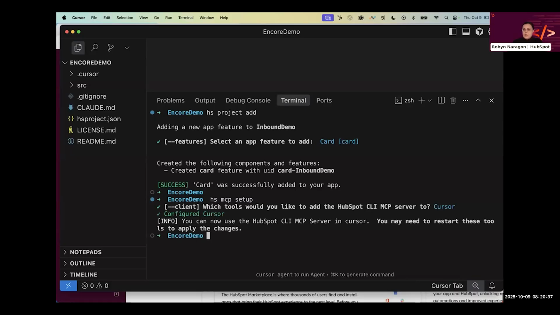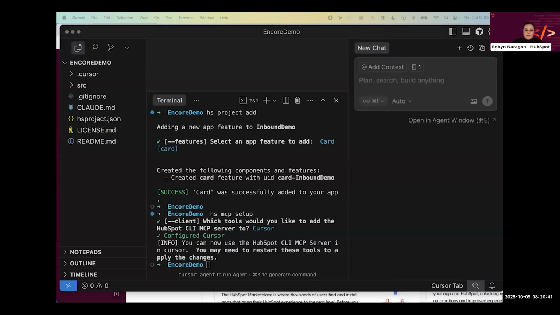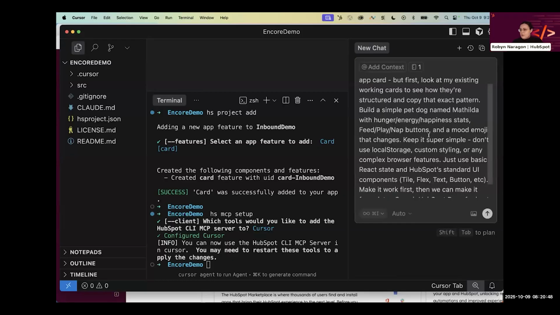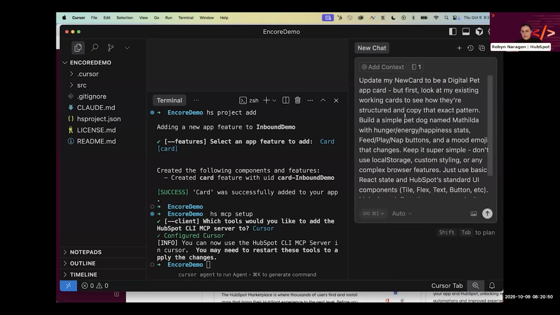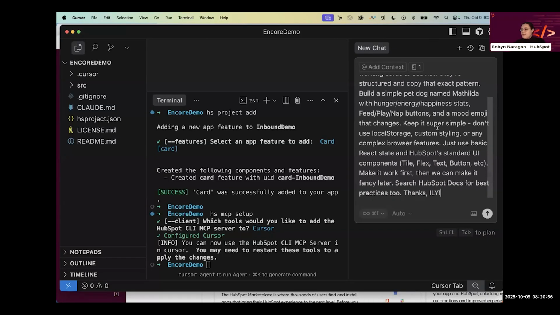Since I'm in Cursor, great. So now that's configured, and I have a prompt that I have ready to go. I'm going to add this, and I'm going to create a digital pet app within my new card. So we have this new blank card, and I'm going to ask it to name my pet